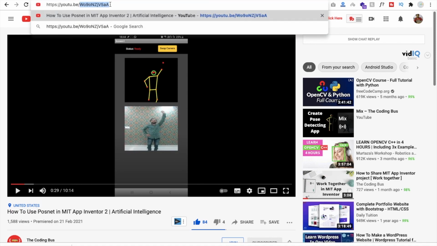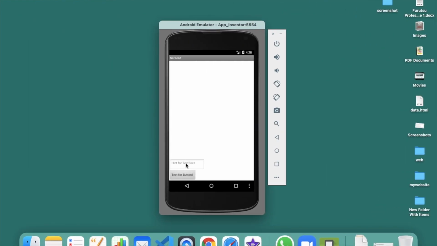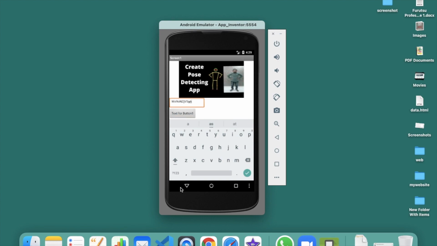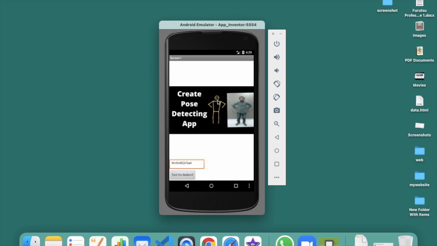Now go to App Inventor and paste that ID. So that's our ID. Now let's click on that button, and here we will find the thumbnail, right? So we are fetching the thumbnail from a video ID.